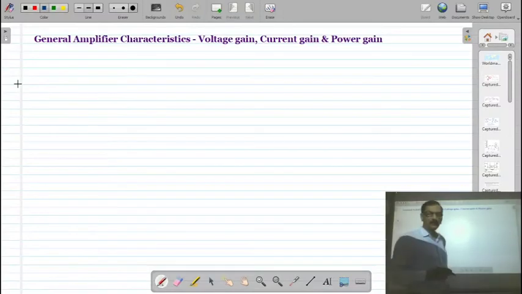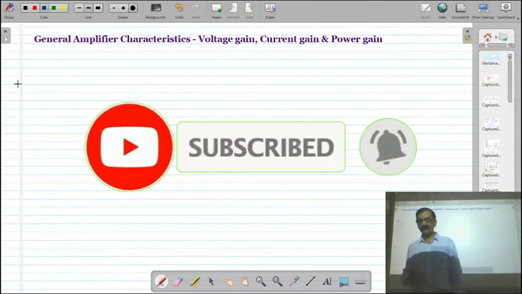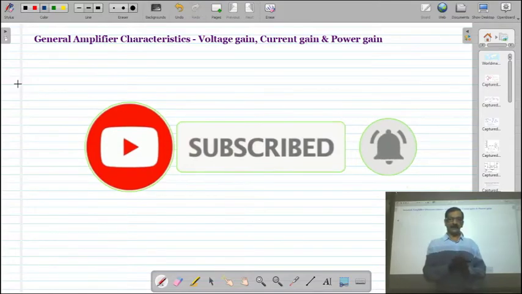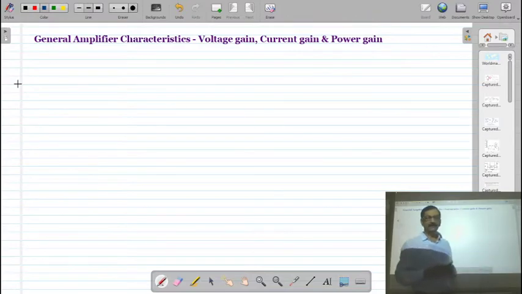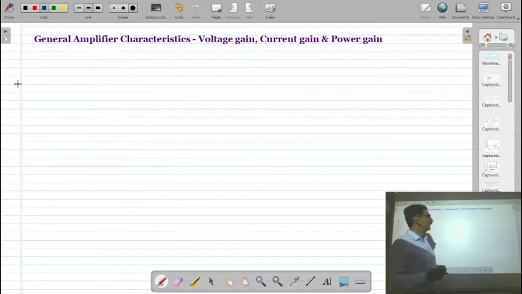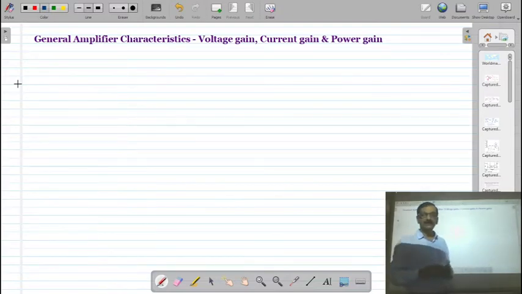Okay, friends. So in the previous session, we have discussed the amplifier circuits: what is the amplifier and what are the applications of the amplifier. Now in this lecture, we will see how to calculate the voltage gain, current gain, and the power gain of the amplifier. As well as, we will also discuss what should be the input resistance of a good quality amplifier circuit,